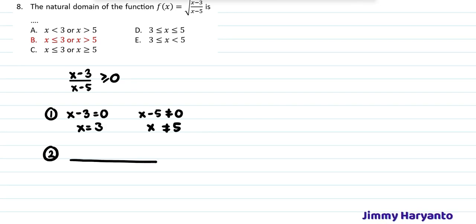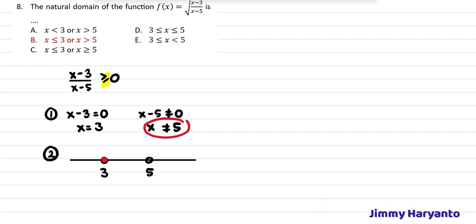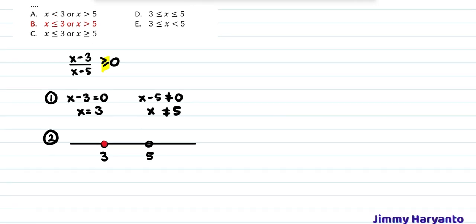Next, second step is to create a number line. Number line will be 3 and also 5. Okay, take a look at this. This one is important. The question says we have equal sign right there. That means these 3 have an equal sign. That means we have to color the dot of the 3. And then for the 5, even though the question gives you the equal sign right there, we also know that x cannot be 5, so we cannot color the dot for the 5. Yeah, so just leave it blank.